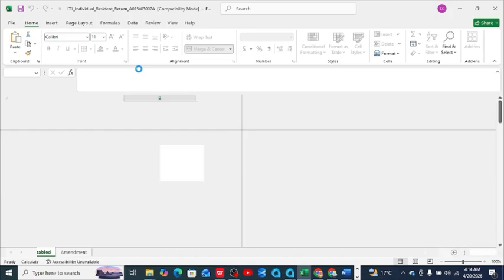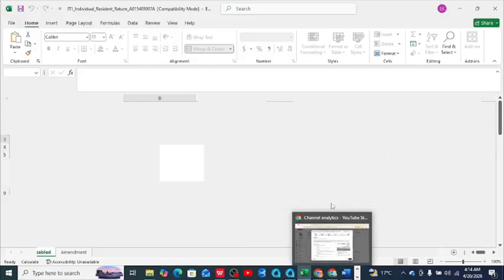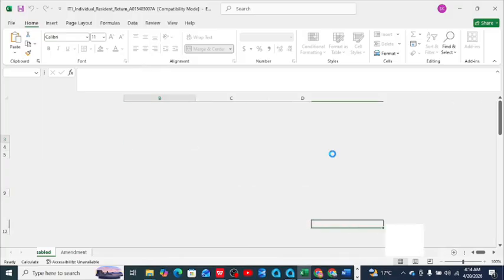But we must know how we'll be able to maneuver with this. Though KRA have given us a solution of doing that. So before it opens, I'll show you the solution. So in case you are not able to pass all your expenses and to make them eTIMS compliant, what you